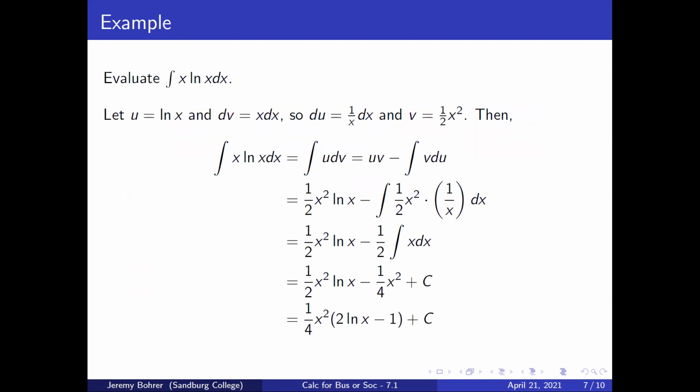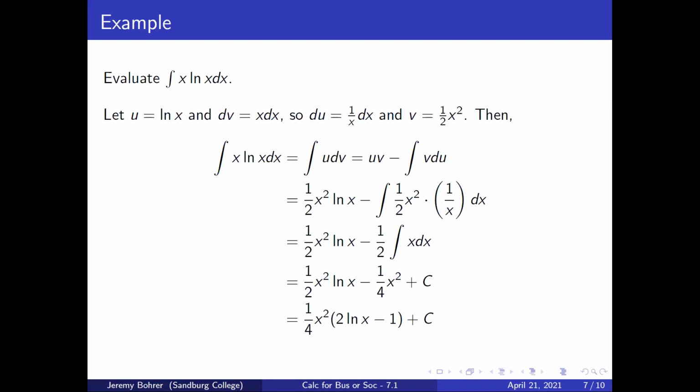Evaluate the integral of x ln x dx. Let u equal ln x and dv equal x dx. So du equals 1 over x dx and v equals 1/2 x squared. Then the integral of x ln x dx equals the integral of u dv, which is uv minus the integral of v du, which is equal to 1/2 x squared times the natural log of x minus the integral of